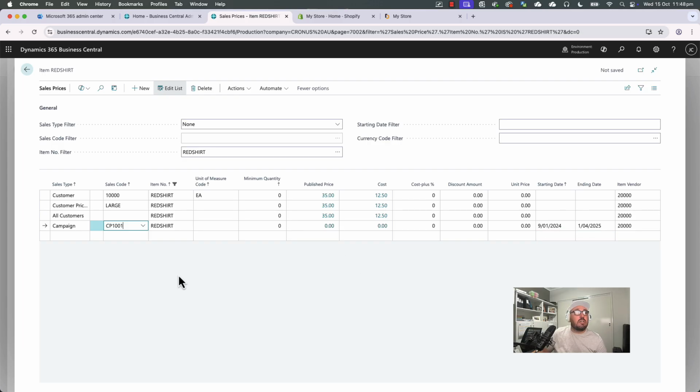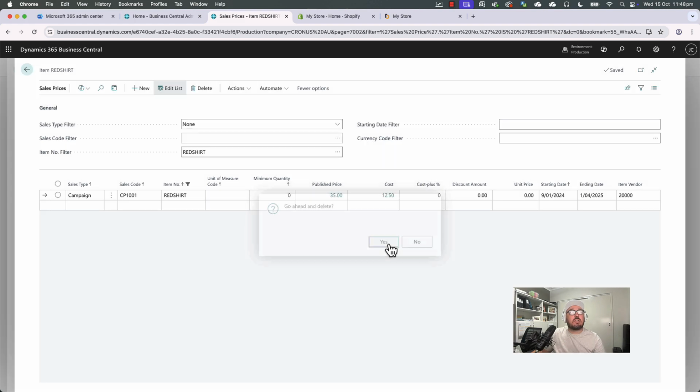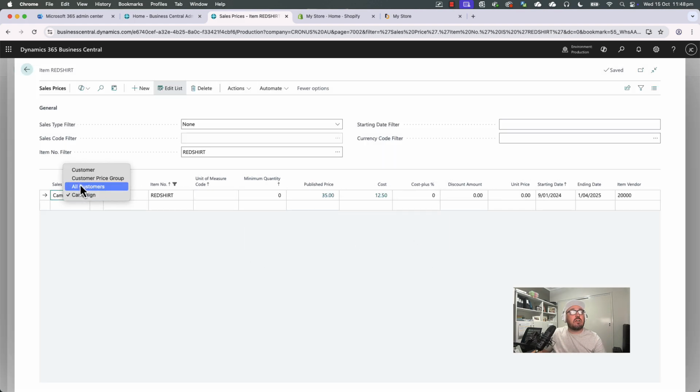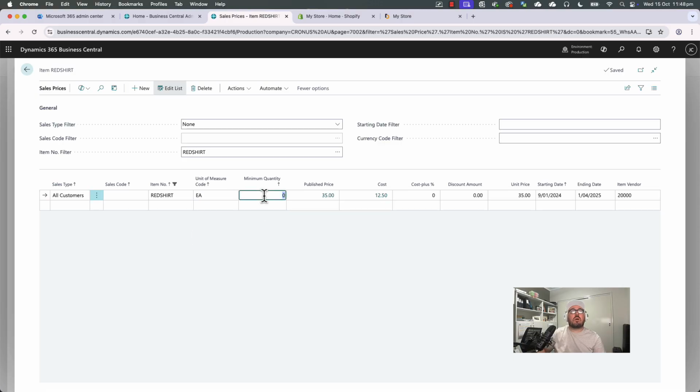All right. So in doing this, I can turn around and I can create pricing under these circumstances using a unit of measure and then manipulate the pricing how we see fit. I'm going to highlight all, and I'm going to delete these and start again. So for my example today, I'm going to use all customers, red shirt, unit of measure is in each, and when we buy 10, okay,